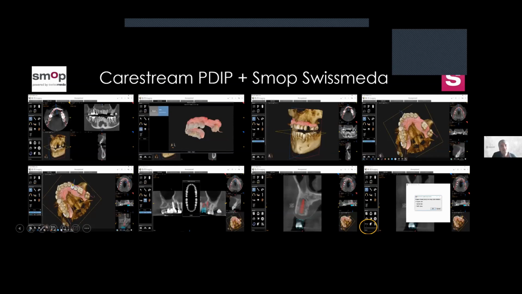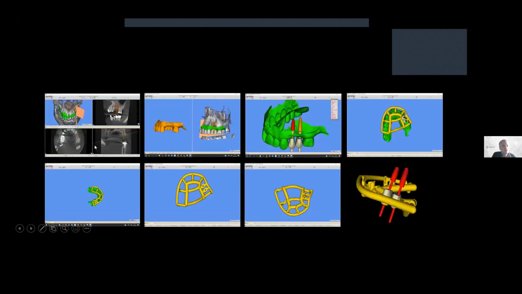We have the geometries of the Vega and Vega Plus implants available in this Carestream's PDIP software. Then we design where we are going to place the implants, also the virtual crown, and then we export to SMOP. We open the SMOP software, we have the implants there, the geometry of the Klöckner implants, and then we